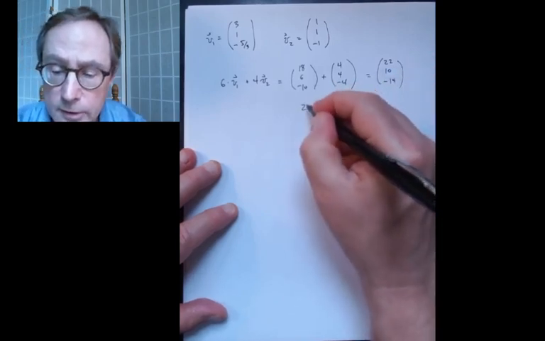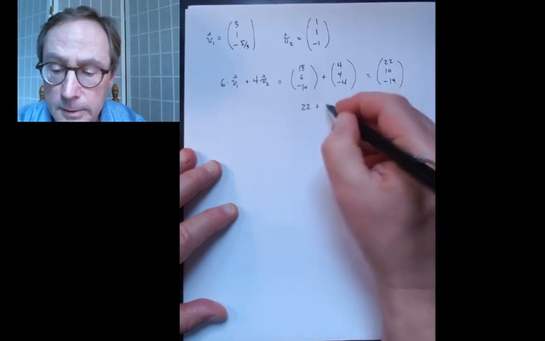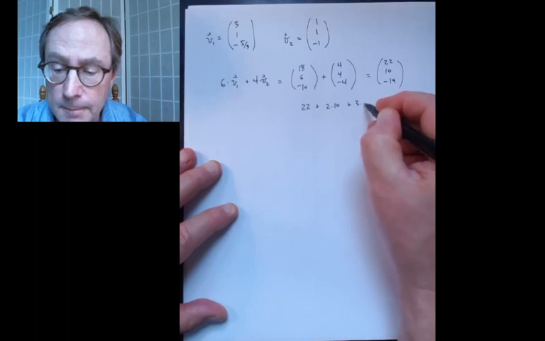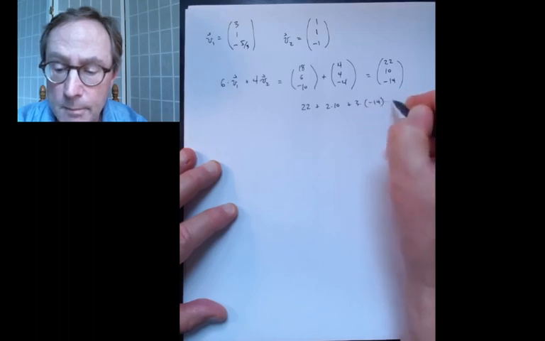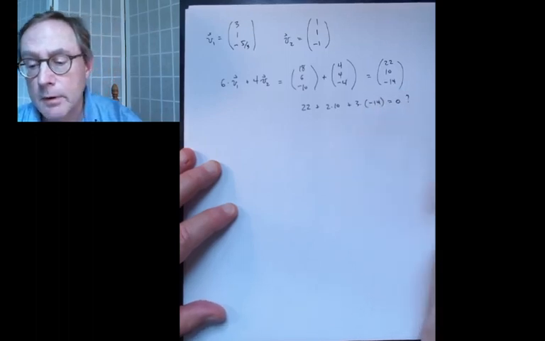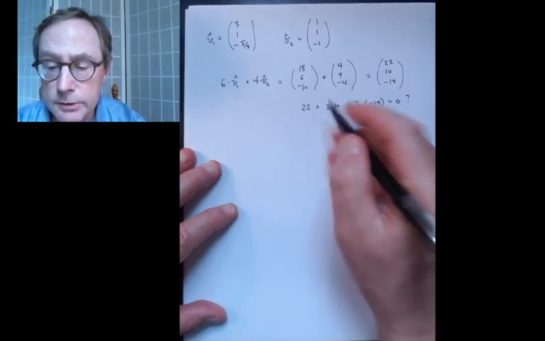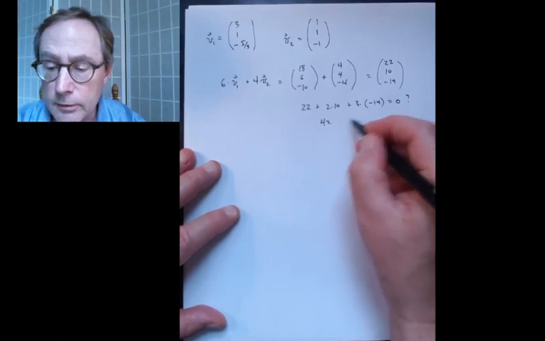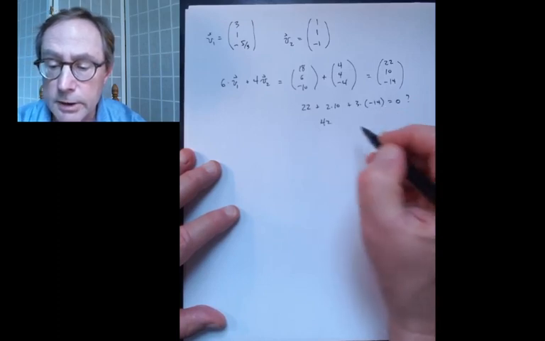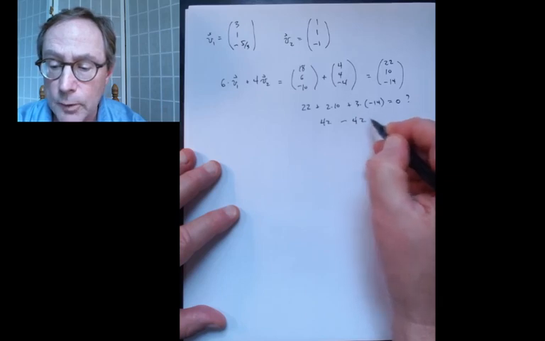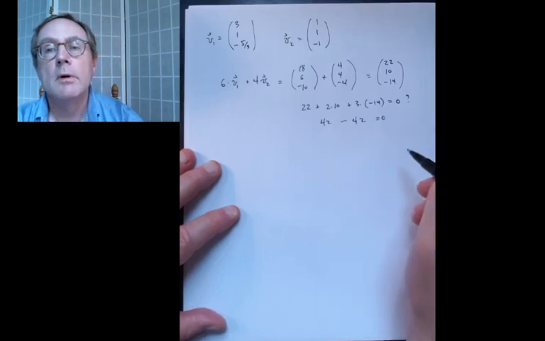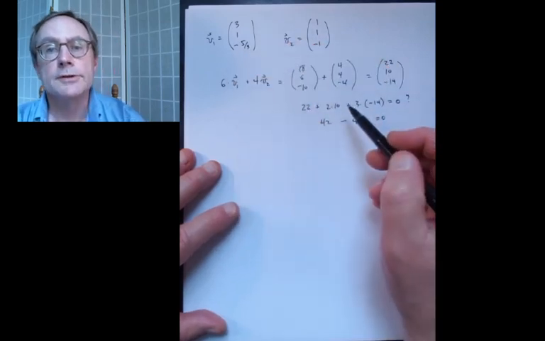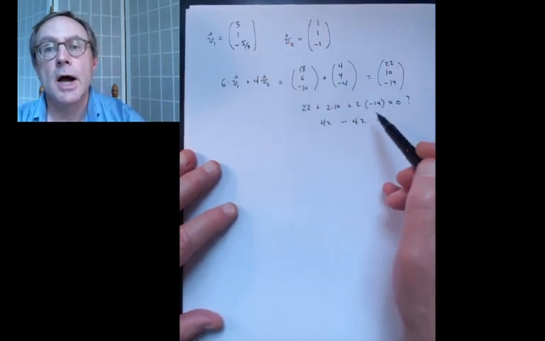So is it the case that 22 plus 2 times 10 plus 3 times minus 14 equals 0? So let's see, 22 plus 2 times 10 makes 42. 3 times minus 14 is minus 42, so it is indeed 0. Okay, so that of course isn't a proof. You'd have to do a proof with x's and y's and z's, but nonetheless it's some kind of reminder that